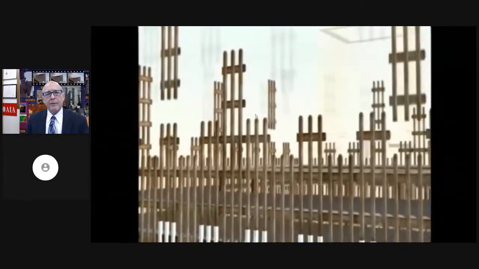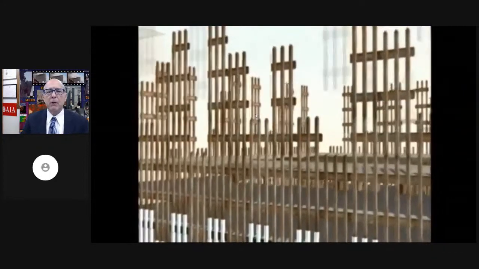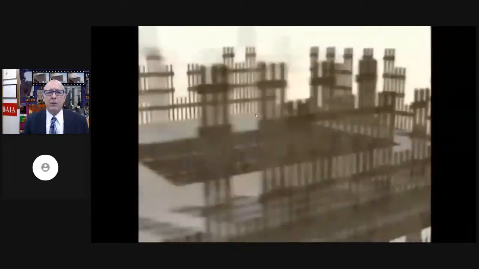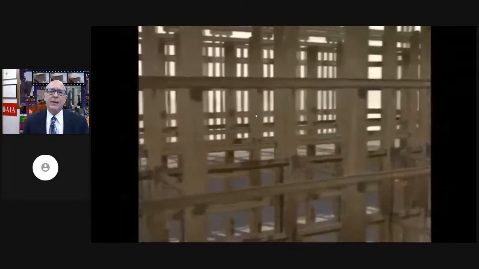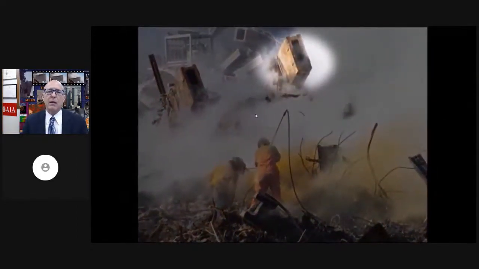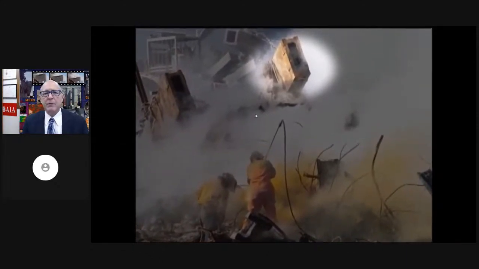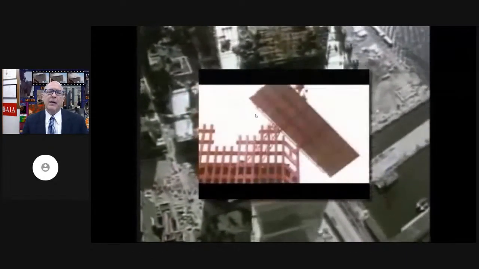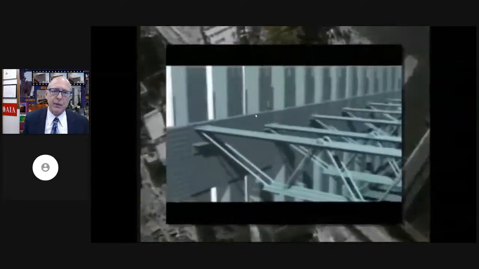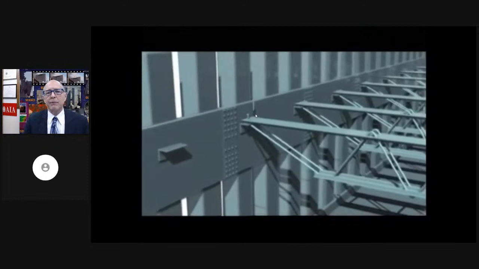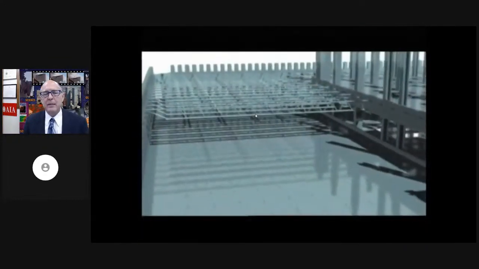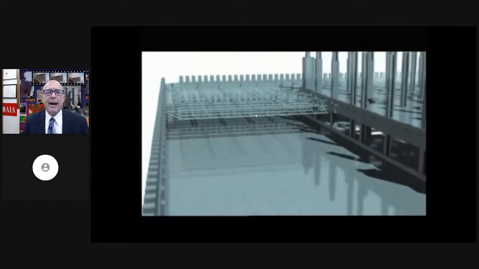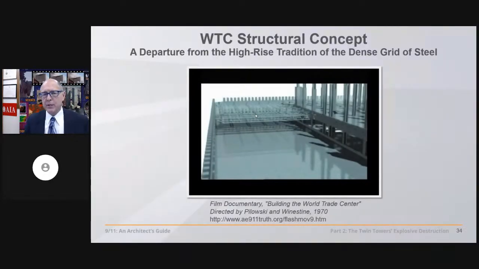But first, on the outside, these 3 verticals and 3 horizontals were welded in the factory and then brought out and erected, bolted together. On the inside, we had 47 massive core columns, at mid-height here you see 32 inches by 16 inches. And then between these two structures were placed these floor panels with concrete over the top of these lightweight steel trusses. So we'll come back to these as the vulnerable point at which NIST sought to find the initiation of collapse, in these lightweight steel trusses.